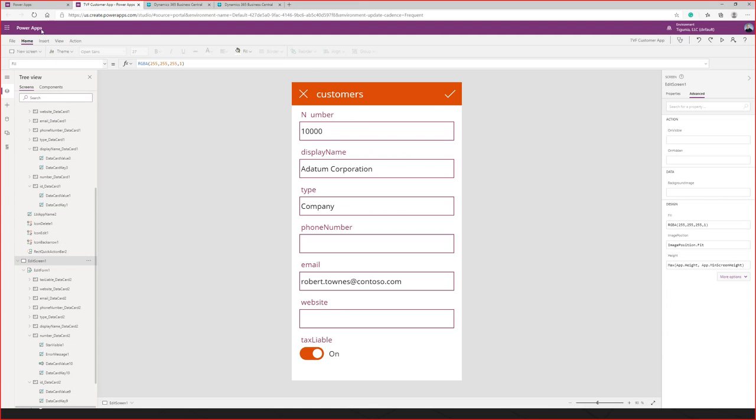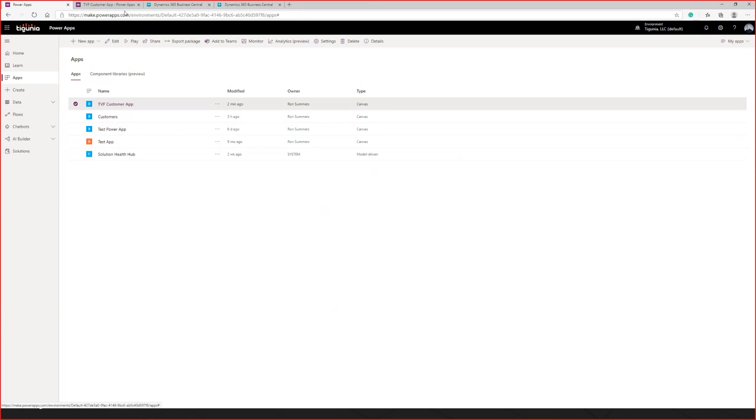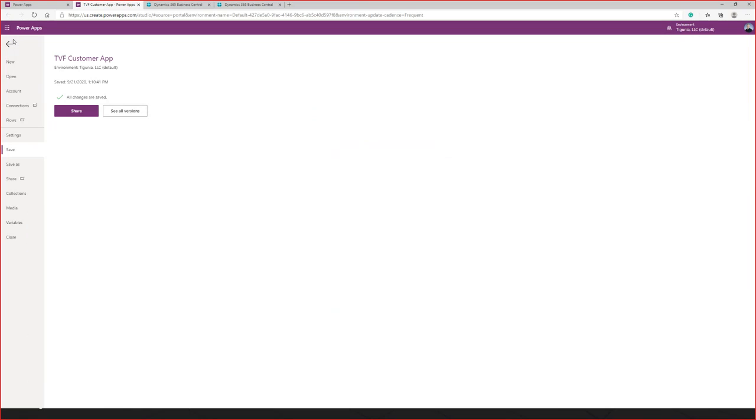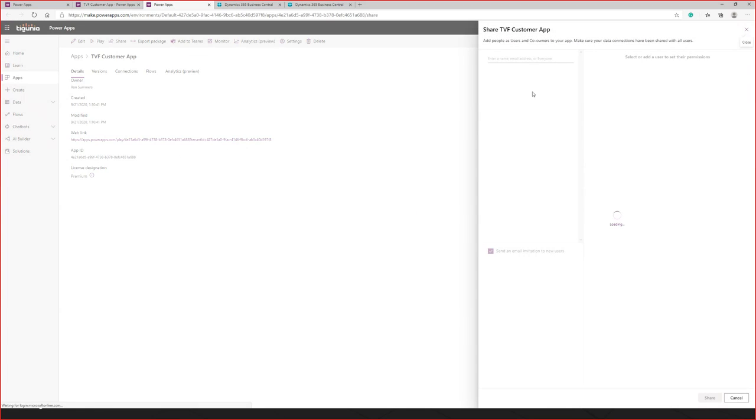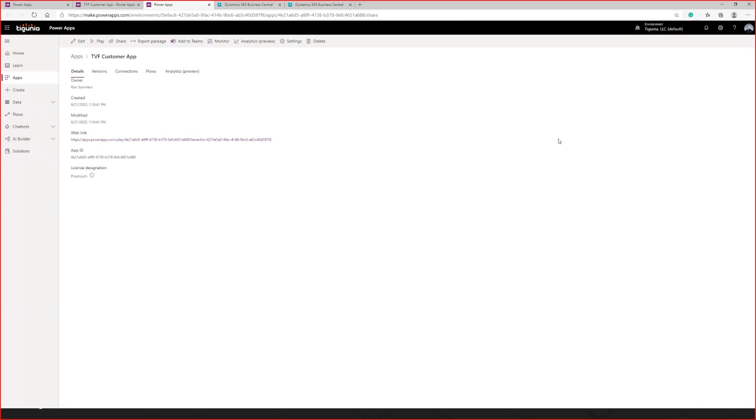So if we go back into this app, when we were at that share screen, right here, when I hit the file, I can click share, and then I pick who in my organization I am going to share this with. I can say, okay, I'm the owner, and then I select users. Again, I'll send them an email, then it'll give them the link so they can connect to that app. So again, think about the ability to create this app and share it with your salespeople. And there's a lot of information I can see through that.